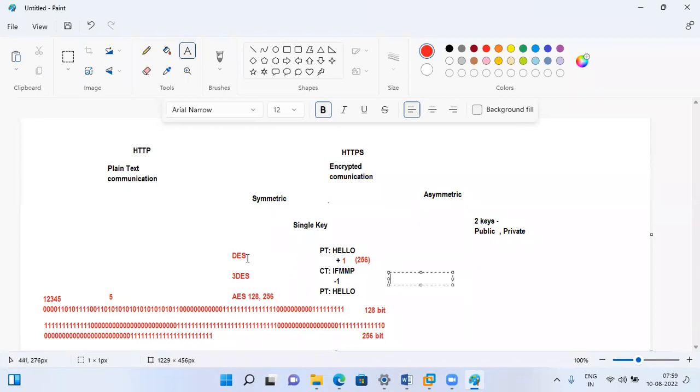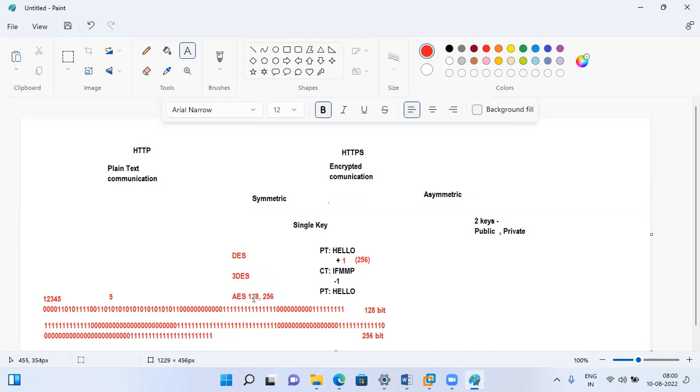How about the algorithm? DES is one algorithm, and triple DES is one more algorithm. AES is one more algorithm. DES stands for data encryption standard. AES stands for advanced encryption standard. Just remember that. And in all the websites for symmetric encryption nowadays, most often AES is used, and AES either